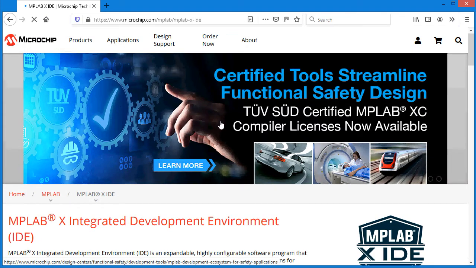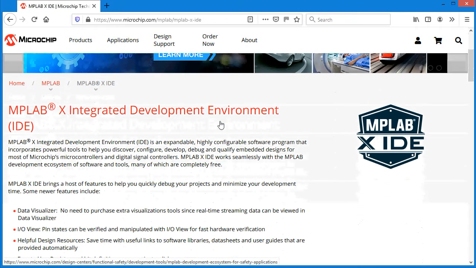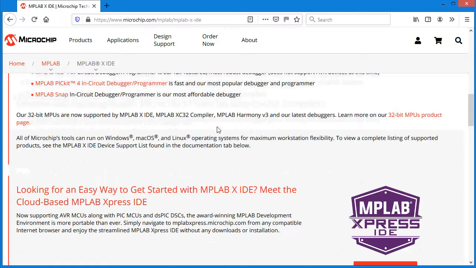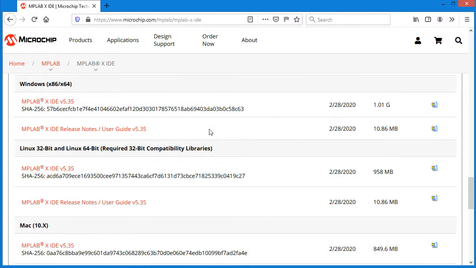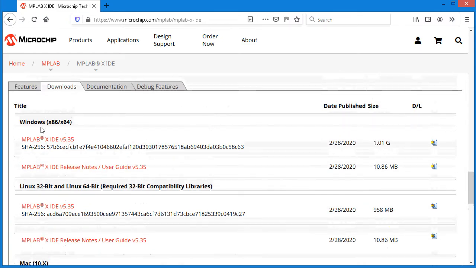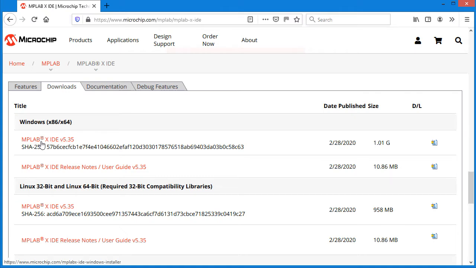And when the website comes up, what we need to do is scroll down the page until we find the download section. And we're going to download it for Windows, and it's the 64-bit version, and it's MPLAB X IDE version 5.35, and it's approximately 1 gigabyte in size. So just go ahead and click on that link,